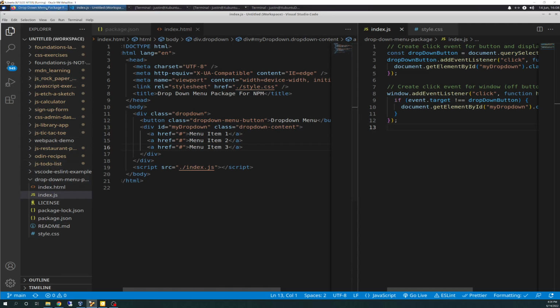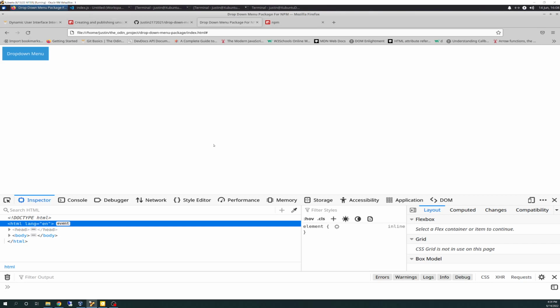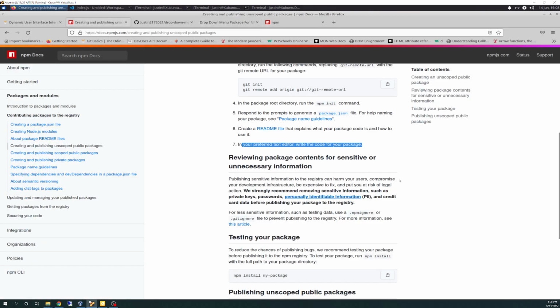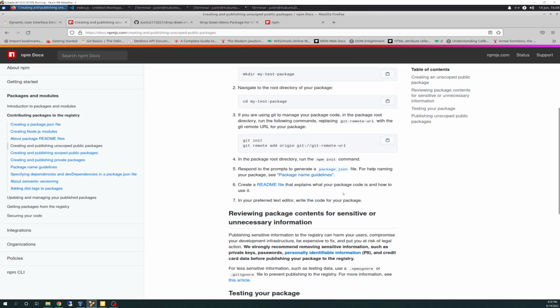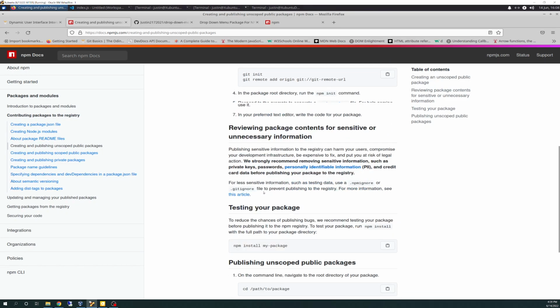But what you do is you need to go out, and if you haven't done so by this point, you need to go out and create an NPM account. And I think they might mention that in here, up here, yeah. Before you can publish any unscoped NPM packages, you must sign up for an NPM user account. So go ahead and do that if you haven't done so already, and then you come back down here,